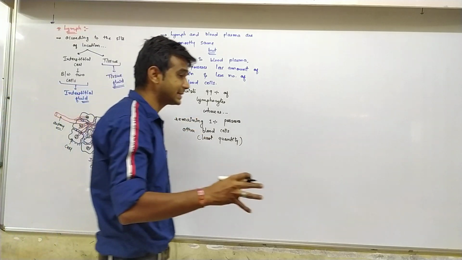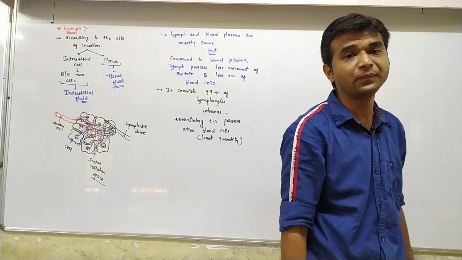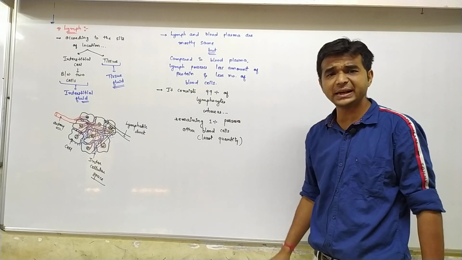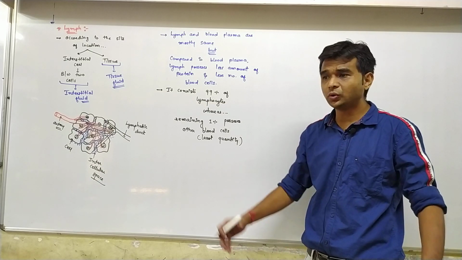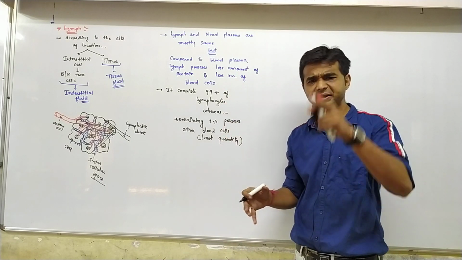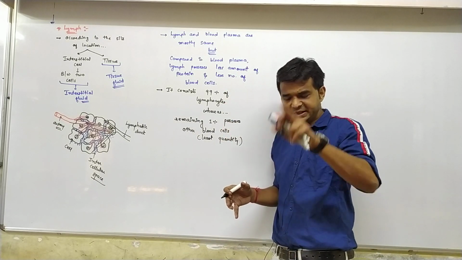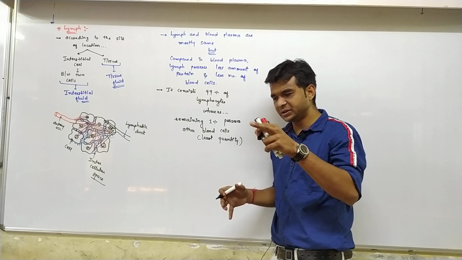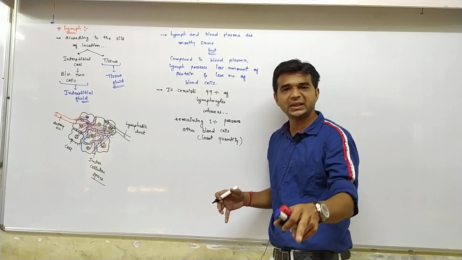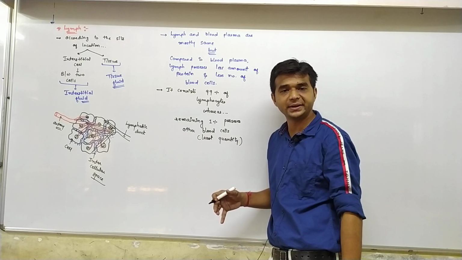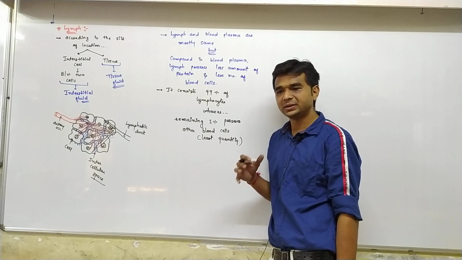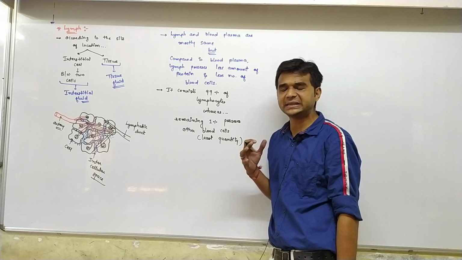The lymph possesses 99% lymphocytes. And you know that the lymphocytes are of two types. Generally the lymphatic system runs parallel to the arterial system and venous system. In each and every organ, the artery is parallel to the vein. Artery and veins are always parallel to each other, but along with that, another duct is also there, that is the lymphatic duct. So always three ducts are present simultaneously in each and every area of the body.